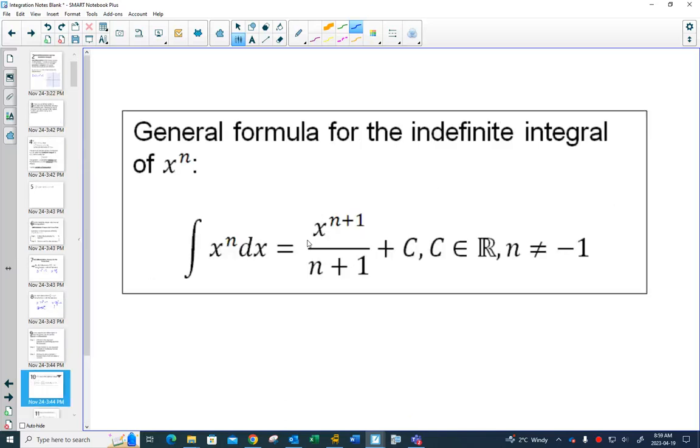So this is the general idea of it, that you would add 1 to your exponent and divide by your new exponent. Of course, this doesn't work if your exponent is a -1, because then you'd be dividing by 0. But every other value would be fine, and in fact, it would be fine even if there was a number in front to begin with, that number would just stay. Just like in derivatives, a number in front doesn't affect how you do the derivative, it's just multiplying by some constant, that wouldn't make a difference either.